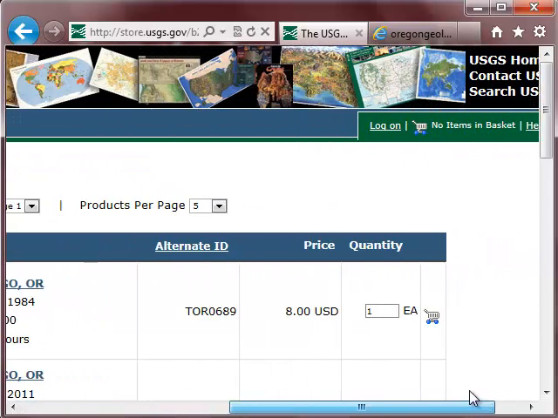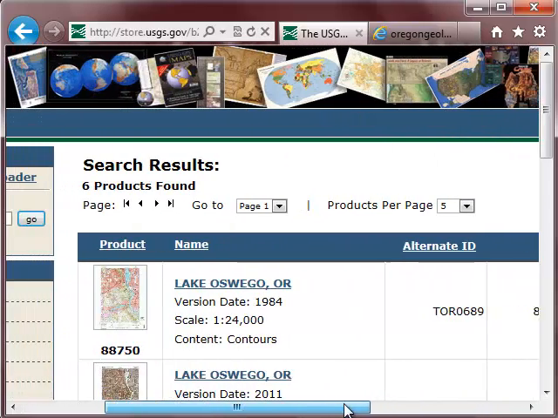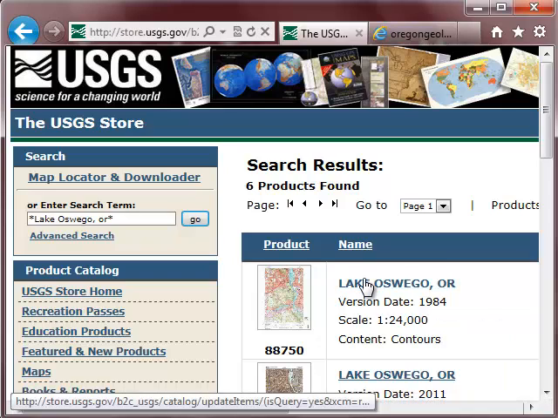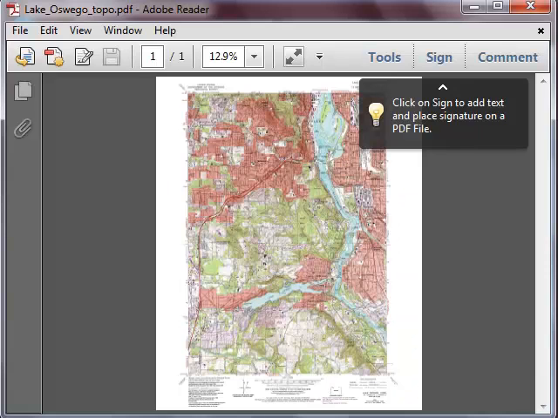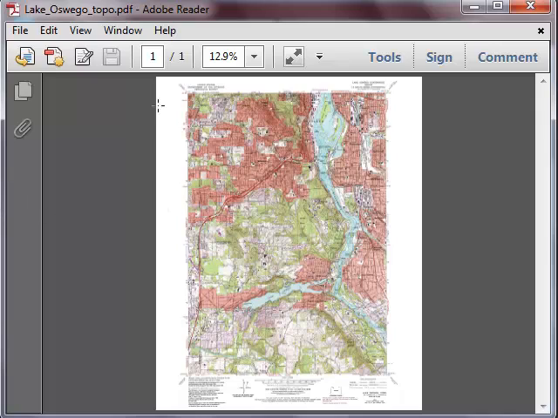Now, you can also purchase a paper copy, but downloading it is free. It does take a really long time, however, to download a map. So I suggest if you do this, you do it with a really good internet connection. I've already done this to save you guys. And this is a picture of the PDF of this topo map, and so it's a little fuzzy, I know,